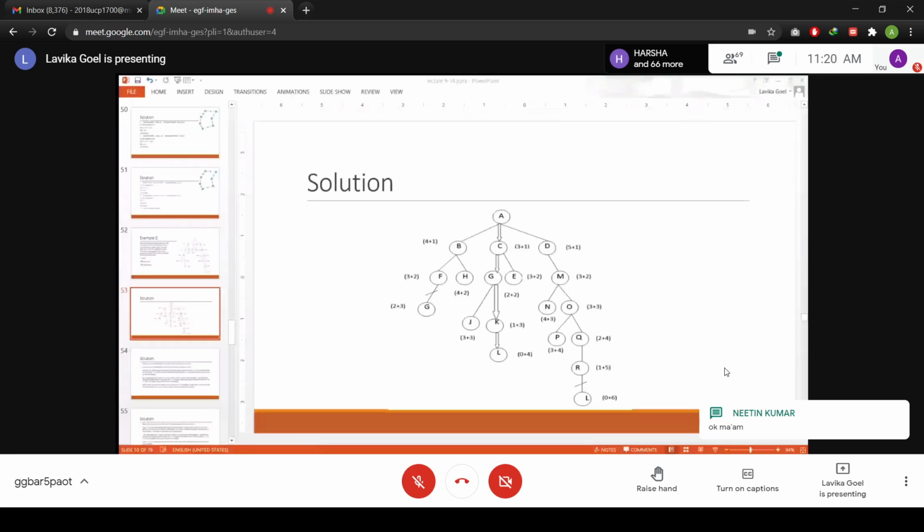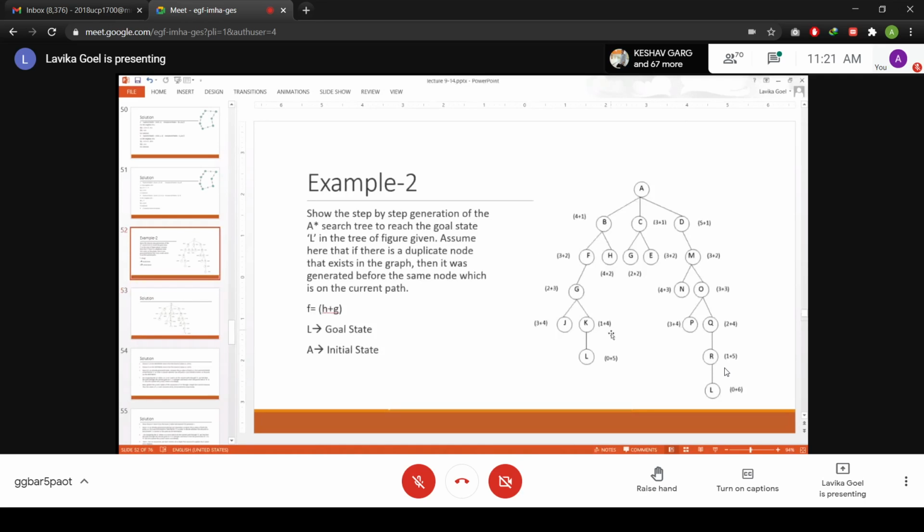Okay, fine. So now you update the cost of A as 3 plus 3, because now it is only 3 levels away from A, and K will become 1 plus 3. The 1 is the same, but the G value has changed. It was 4, now it has become 3. So 1 plus 3 is the new F value of K. And what about L? L will get updated as 0 plus 4. In the previous slide, L had an F value of 0 plus 5 and K had 1 plus 4. So now K will have 1 plus 3 and L will have an F value of 0 plus 4. That's how you get the children also updated.